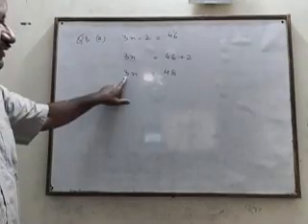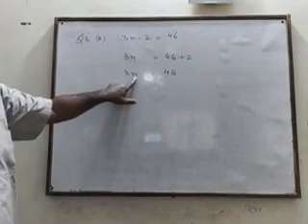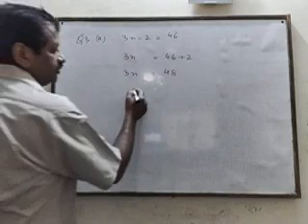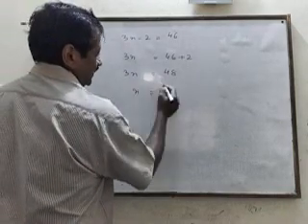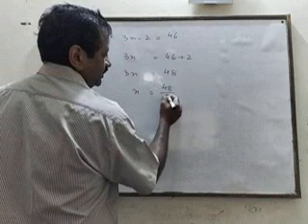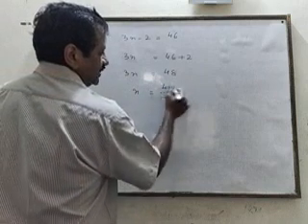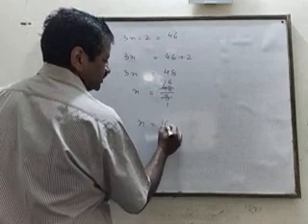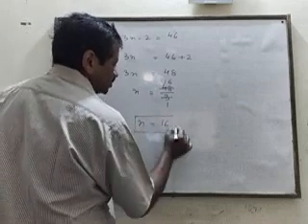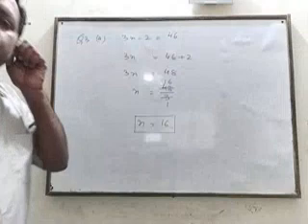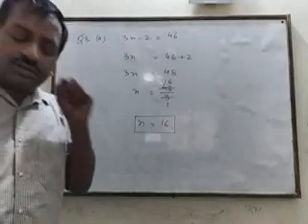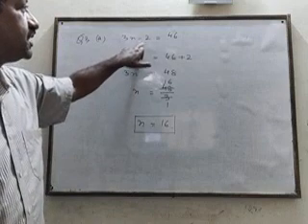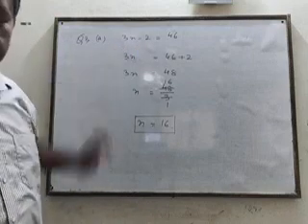Now you can see that 3 is multiplying with the whole left hand side. It will go in the denominator of the whole right hand side. So n equal to, now we can say 48 upon 3. 3 1 ja 3, 3 6 ja 18, n equal to 16. That is why this question is important from the examination point of view, because it consists of addition, subtraction, multiplication, division also.